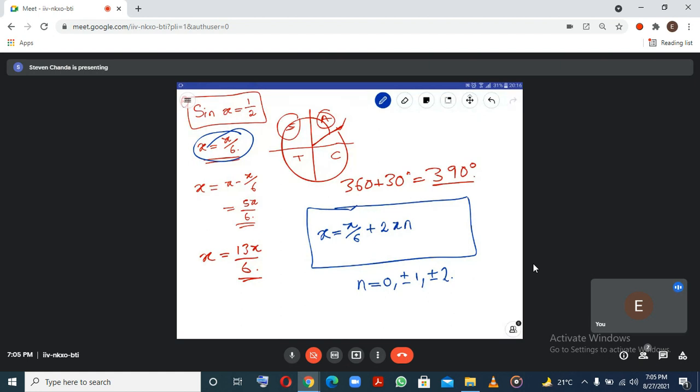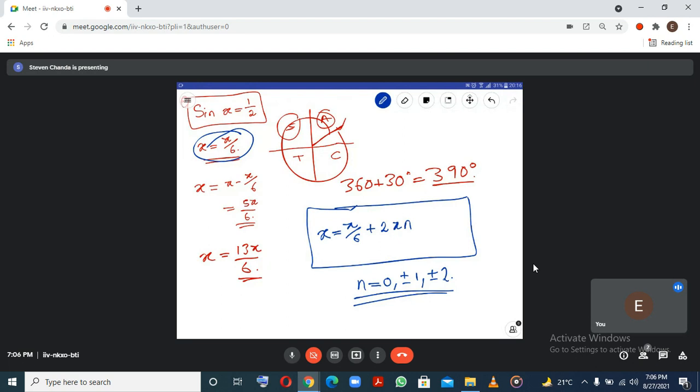Yeah, so this is a good generalization, okay? But the point to take home is that usually in our questions, they give you maybe from 0 to 360 because they understand that there are so many answers that you can find, right? But if you've been asked to find all the solutions, then that's the approach that you would want to take. So I know these are a little bit simple, so let's try to look at something a little